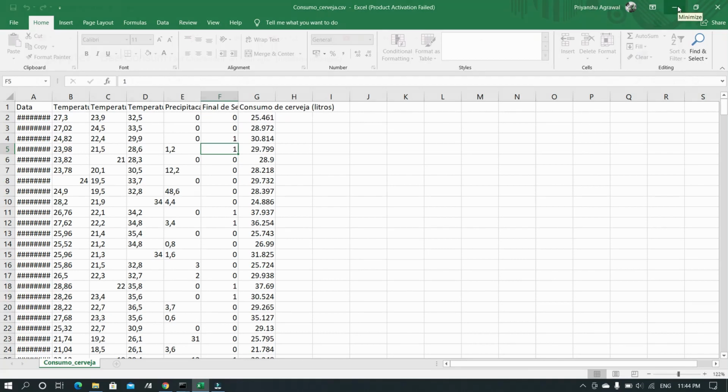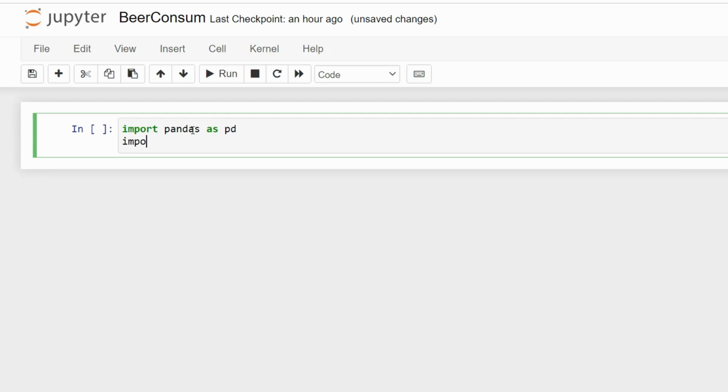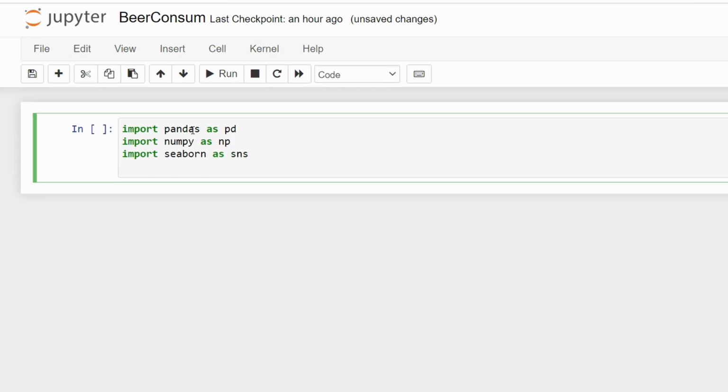So let's jump to our Jupyter notebook. This is our Jupyter notebook, and from here we can import some useful libraries like pandas to import our data. If you don't know, guys, pandas is used to import the data, NumPy is for mathematical computational things, and Seaborn is for visualization. I'm a big fan of Seaborn, really. And Matplotlib, definitely. Everything starts from the basics: matplotlib.pyplot as plt.